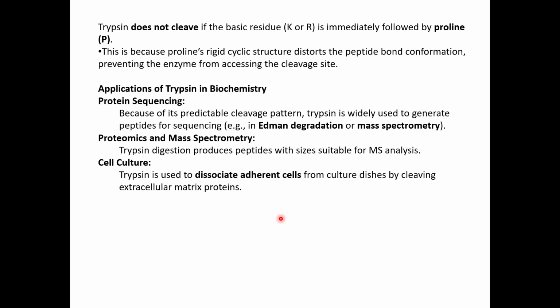So one way of doing this is to add trypsin in the petri dish. So this will cleave all the attachments of the cells to the petri dish and also to the surrounding cells. Cells also have cell to cell contact. So all these contacts are broken down by trypsin. So once it's broken down, the cells will detach from the plate and you can collect it in the media. So trypsin is a very regularly used reagent in cell culture methods.